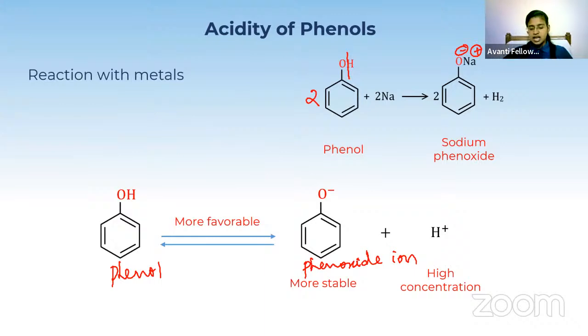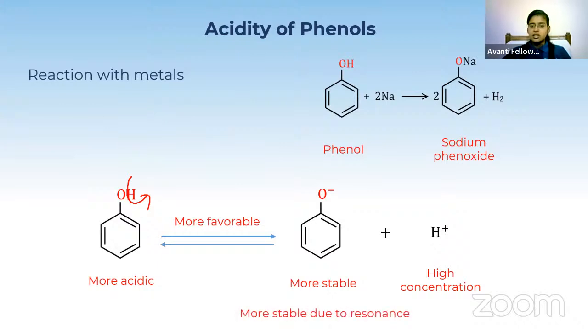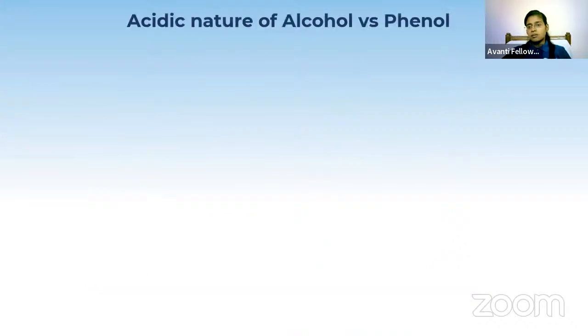Right? It means that phenol is more acidic in nature. Since this phenol donates H plus, it is called an acidic compound. So phenoxide ion is more stable due to resonance. What is meant by resonance? The electron delocalization is called resonance. So phenoxide ion is more stable due to resonance and that's why phenols are more acidic compared to the